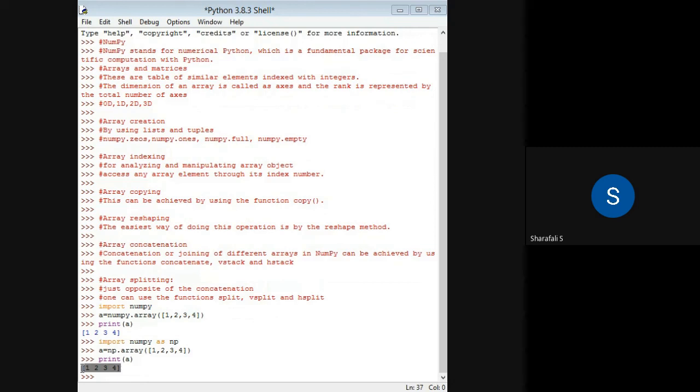There are many other differences, so you can look for those. We will continue here. This is the array that we have just created by using the array function, and I have to give it as numpy dot array, or np dot array if I have renamed it as np.